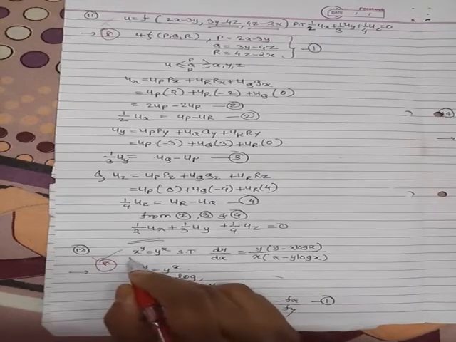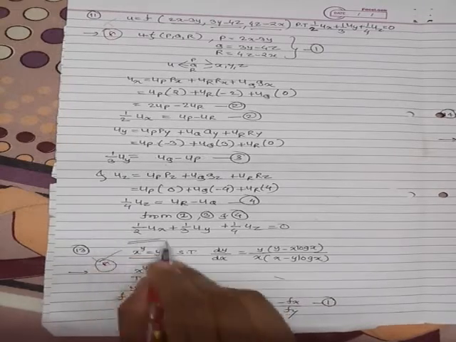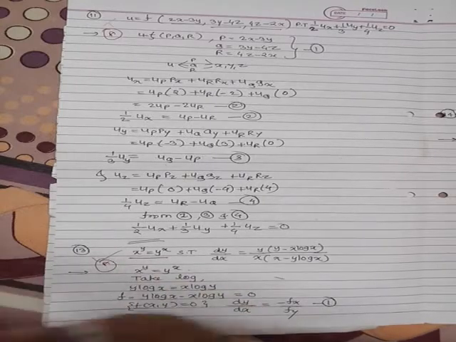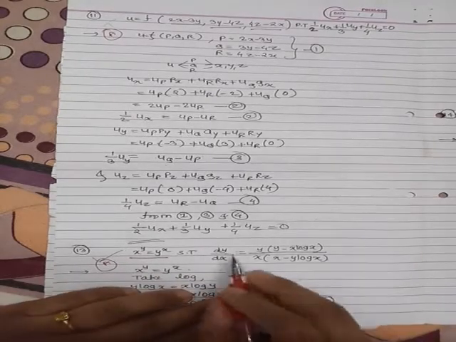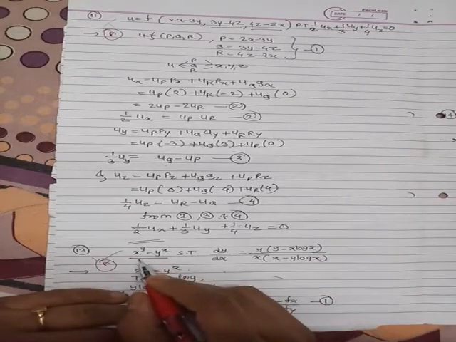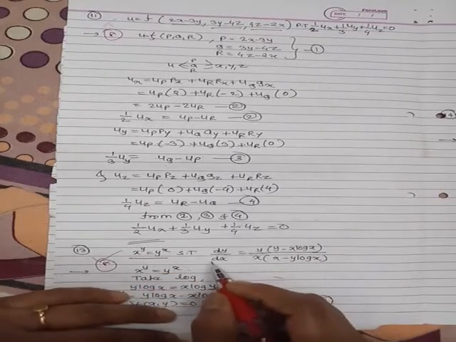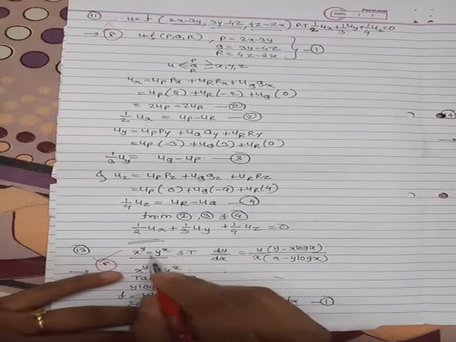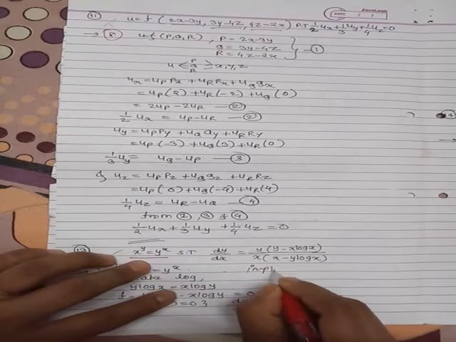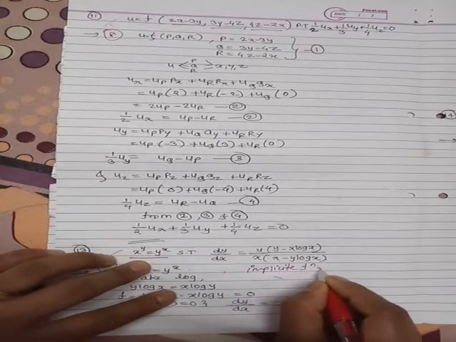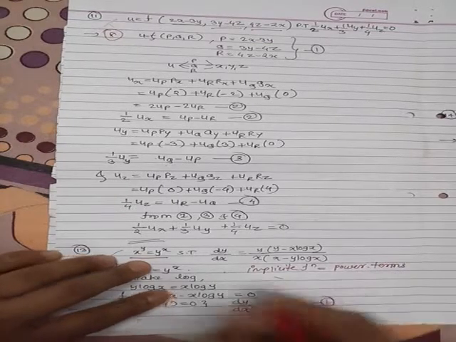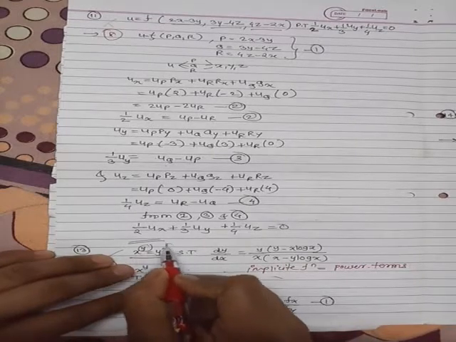So given that x raised to y equal to y raised to x, that is, this is the combination of xy equation, xy variables. Hence, this is your implicit function. And show that the total derivative is equal to this term. So how to take the partial derivative or find the total derivative term? This is your implicit function, and when an implicit function contains power terms, that is x raised to y, y raised to x.